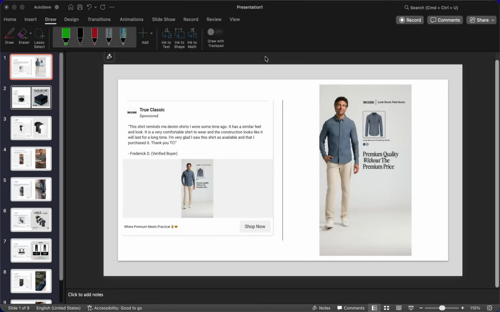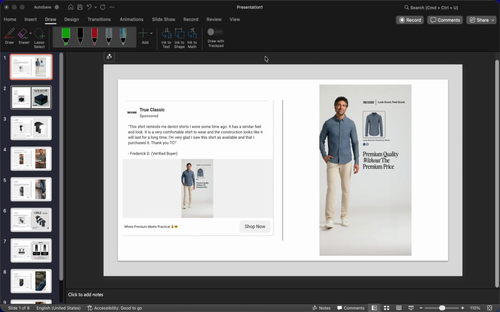All right, guys. So in this lesson, we're going to go over the different types of ad creatives you're going to see inside the Facebook ad library. This is super important because once you understand these, you can reverse engineer any competitor and you can start creating winning ads for your own store. So I'm going to walk you through these using True Classic as an example. And as I go through each one, focus on what the creative is trying to do and why the brand